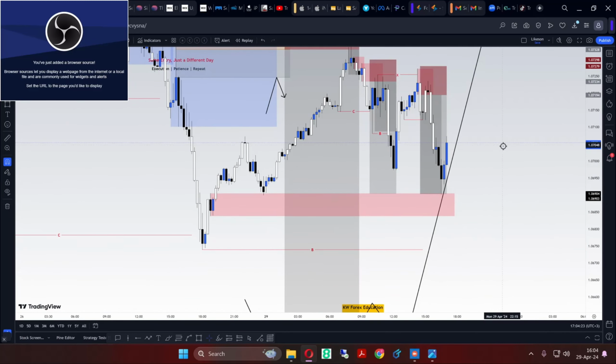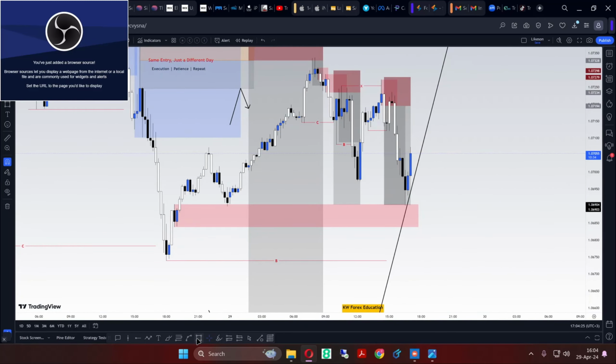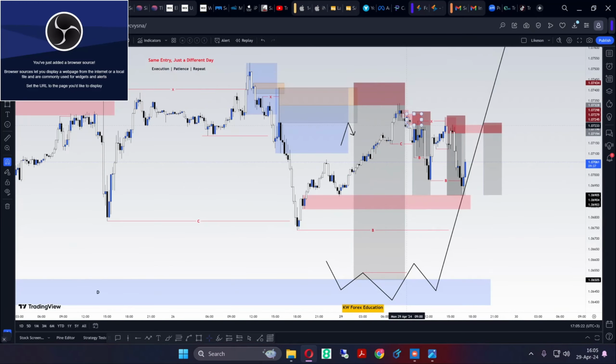So the way it is going up again, you can look to add more trades if it comes to this order block there, because this order block has caused another break of structure here, like that. All these are entries you can get yourself involved in while you're still waiting for your main trade on